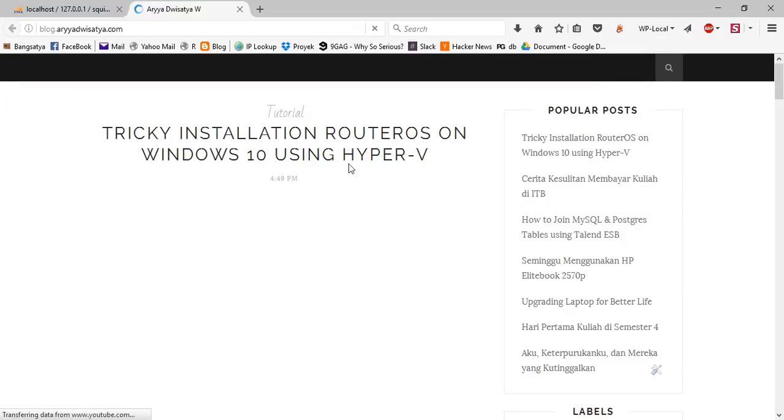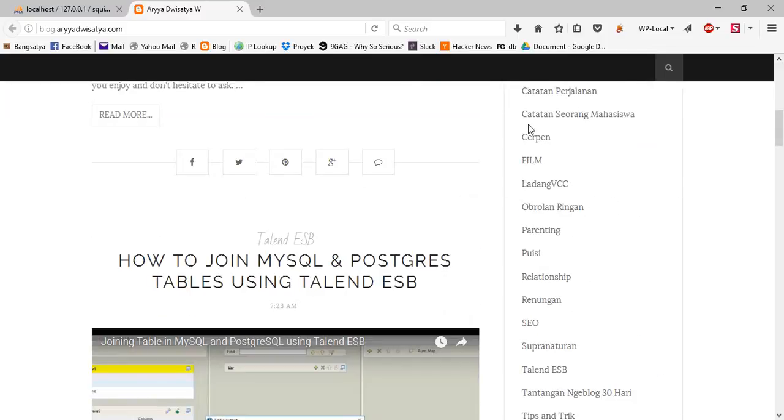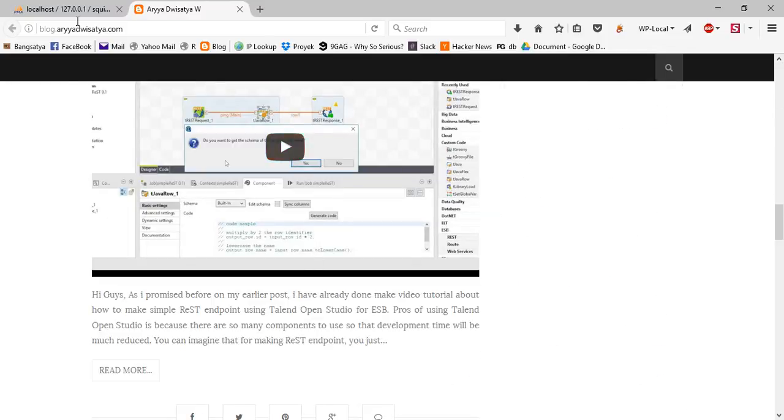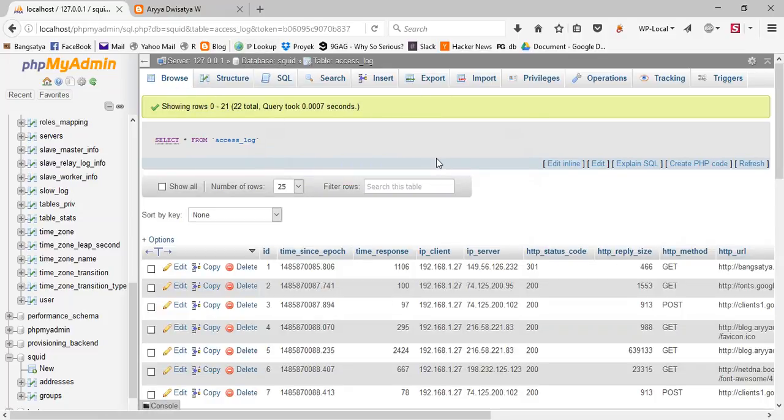Using the proxy that I have set up before, you can see here while opening my blog, the log will be stored in the MySQL database.